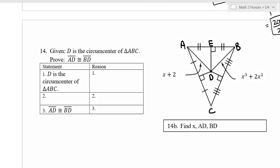Alright, number 14. D is given as the circumcenter of ABC. What that means is that 3 perpendicular bisectors were drawn and they crossed at point D. So in this proof we got our given, and we want to show that AD is congruent to BD. So what I'm going to do here is I'm going to say